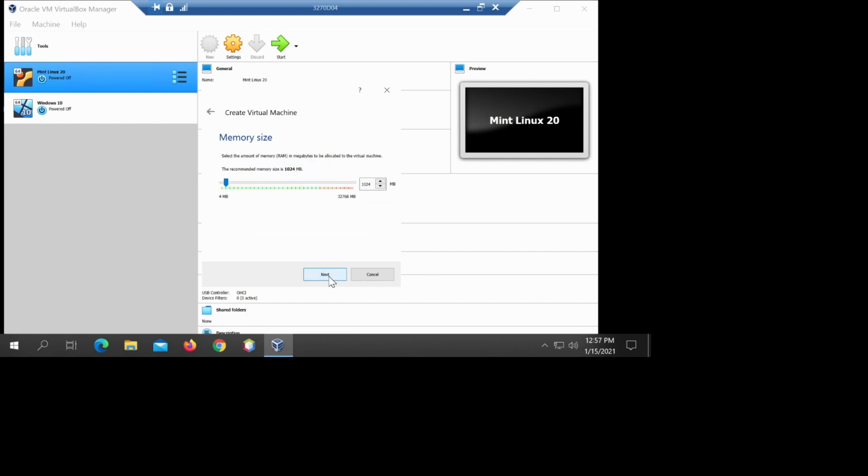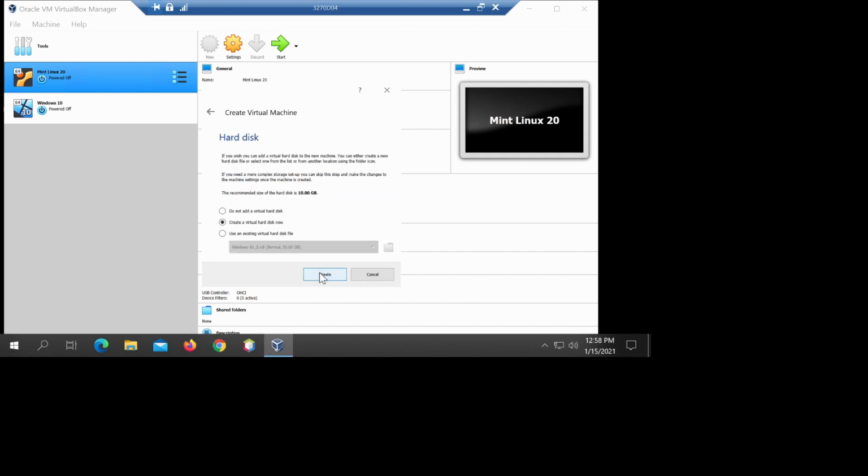So click next, and here's the amount of memory we're going to allocate to Mint Linux. We can allocate about 4 or 5. Actually, the minimum is probably 4, but 5 is good. Alright, and then here we create a hard disk. So we're going to choose create a virtual hard disk now,